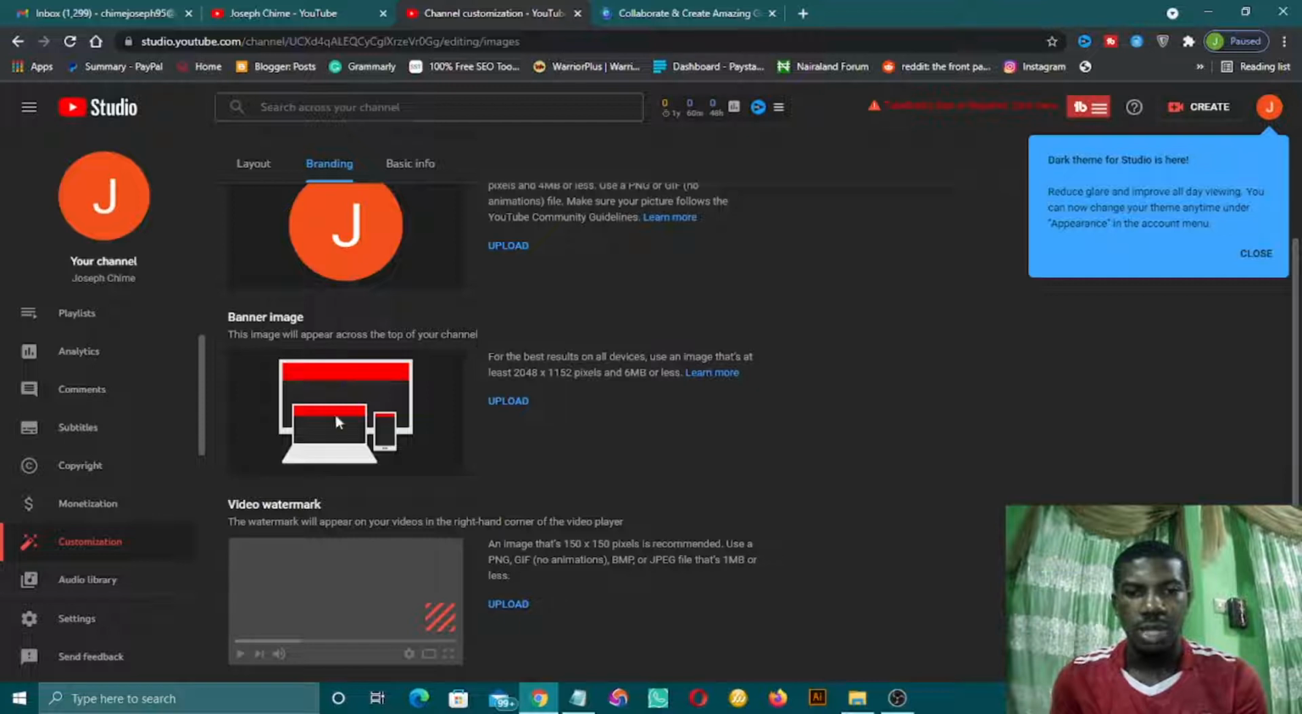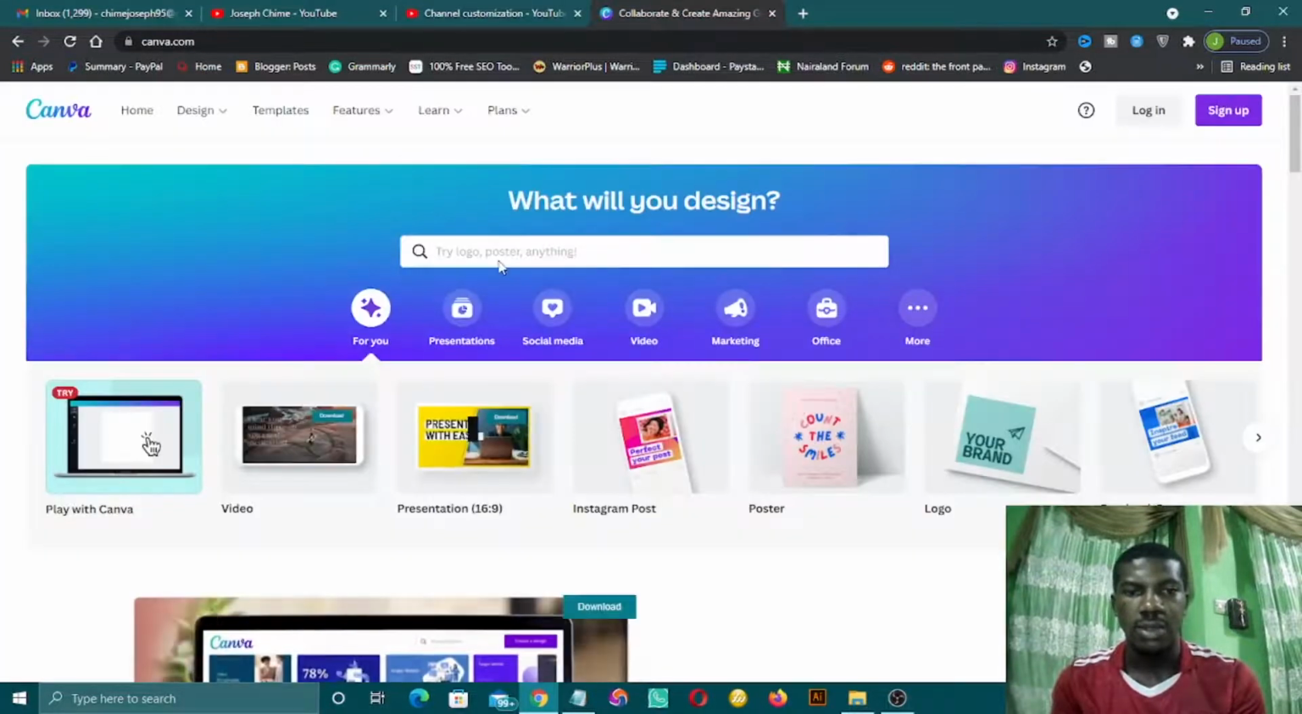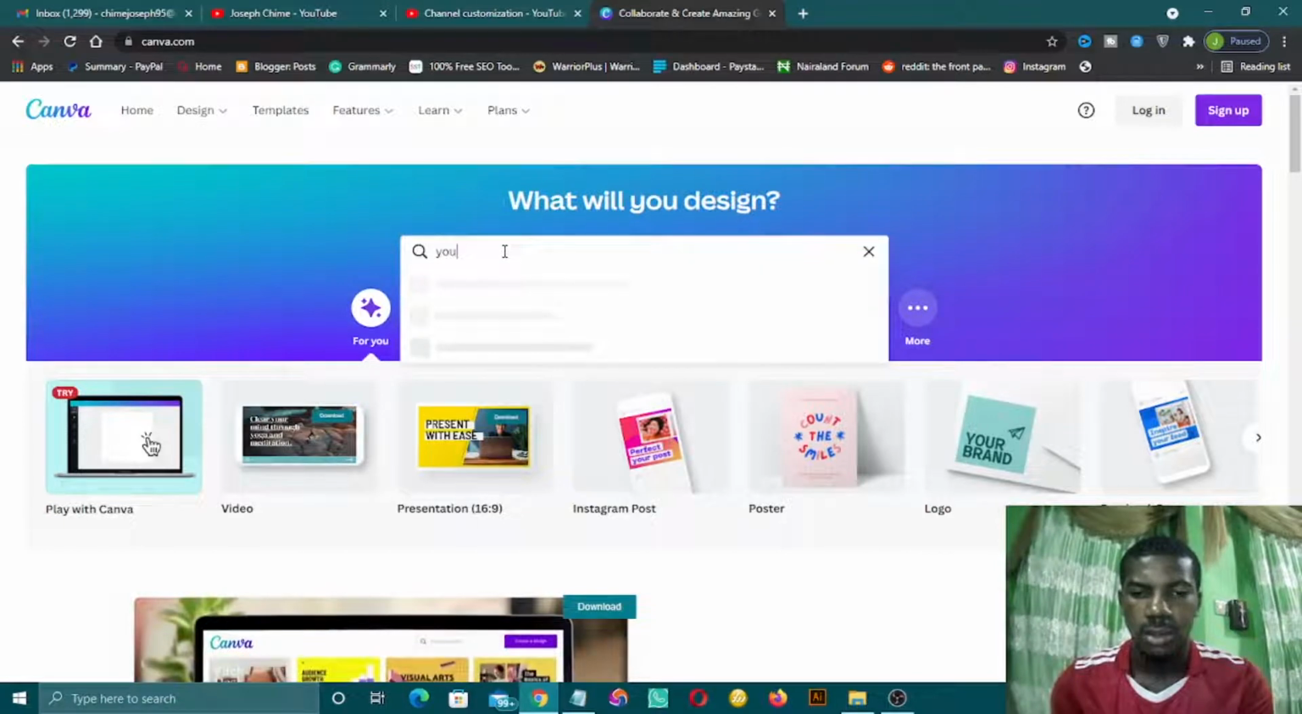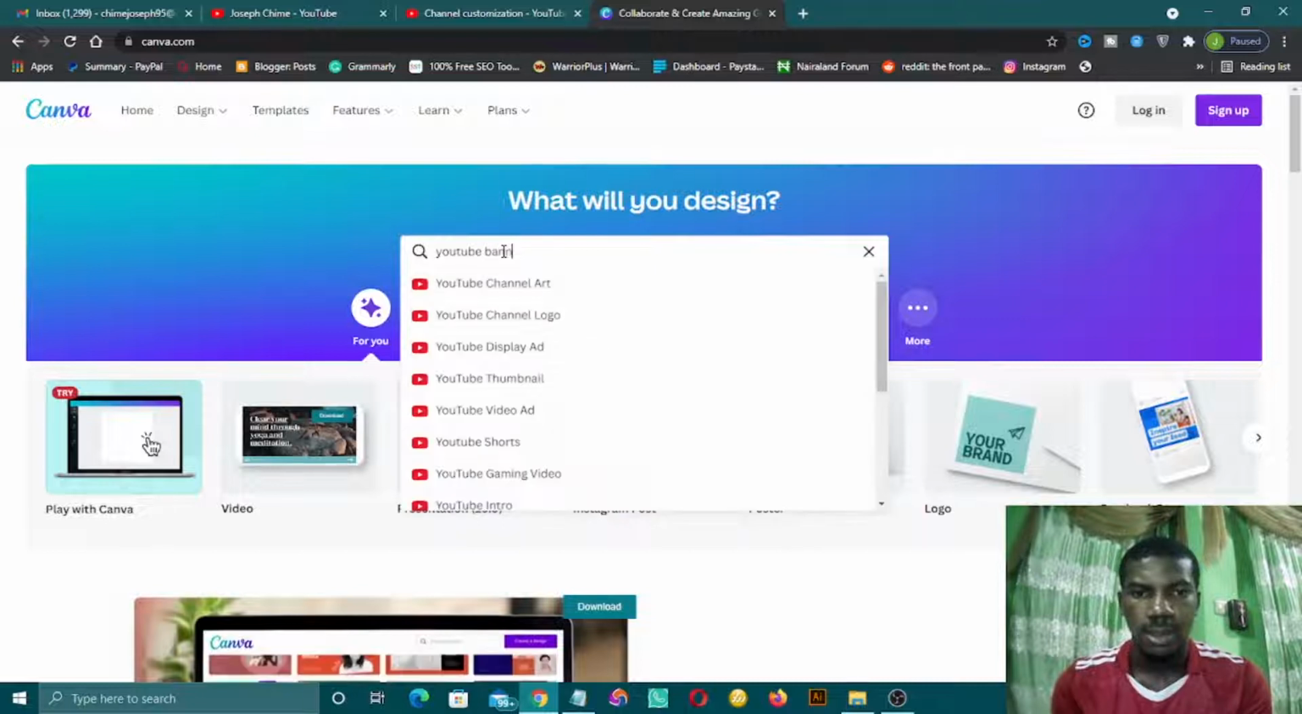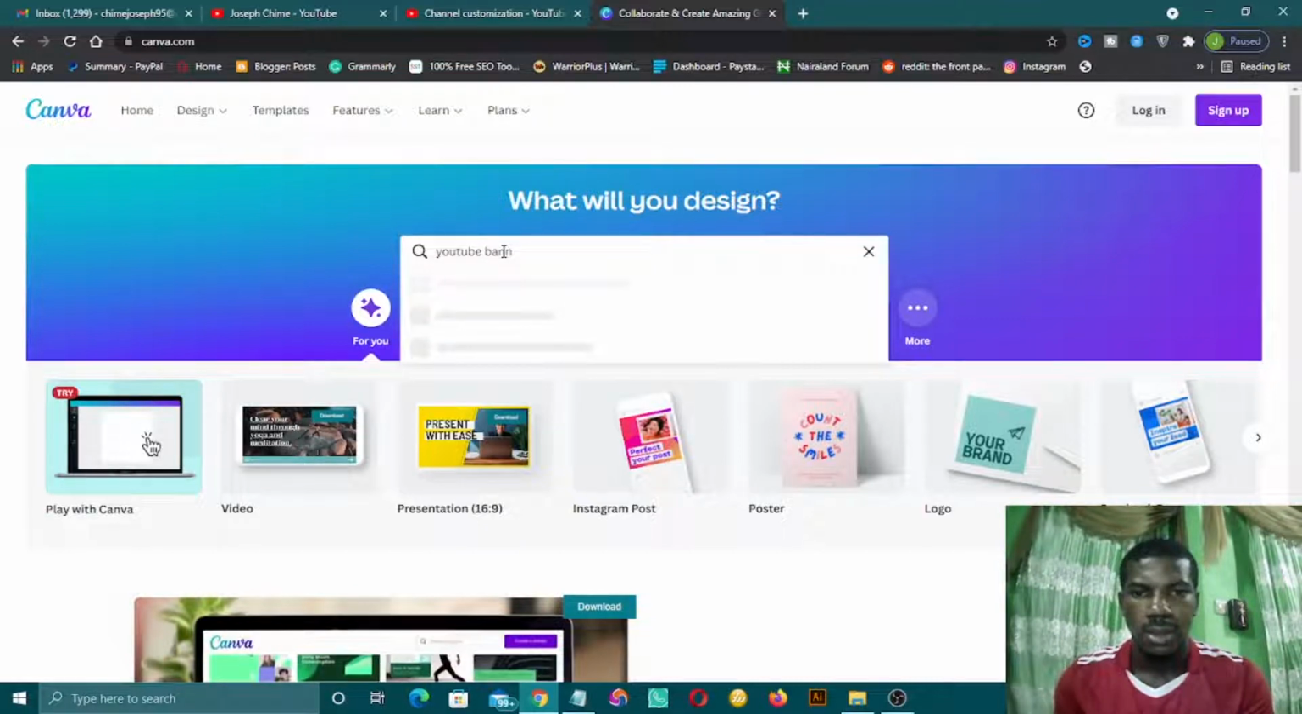When it opens, you search for YouTube banner. As you can see, the size is 2048 by 1152 pixels. This is the size for a YouTube banner. So you can just go there and search for YouTube banner. When you search for YouTube banner,